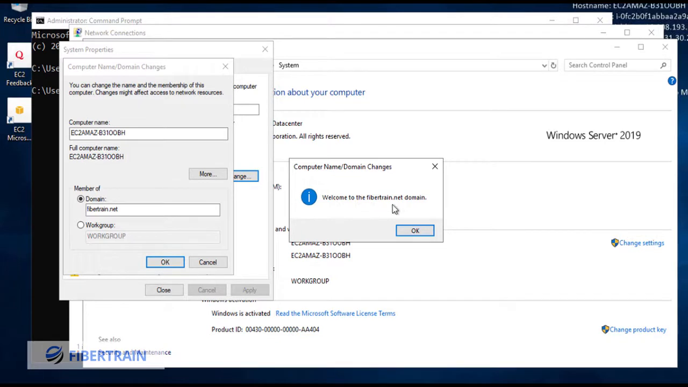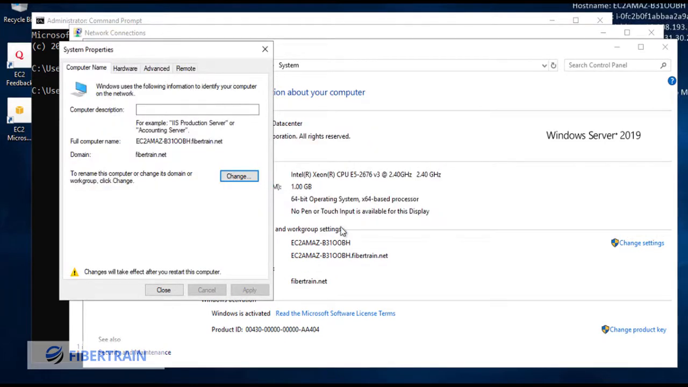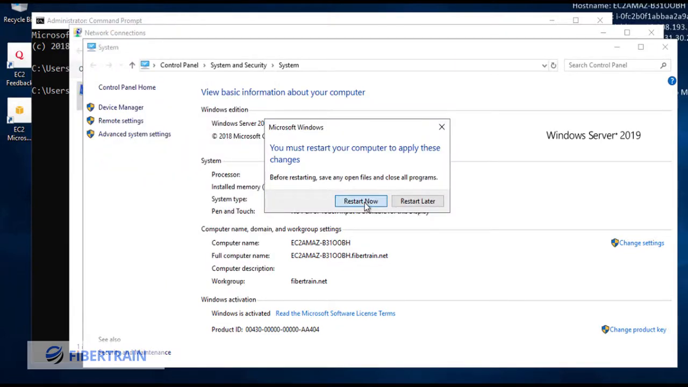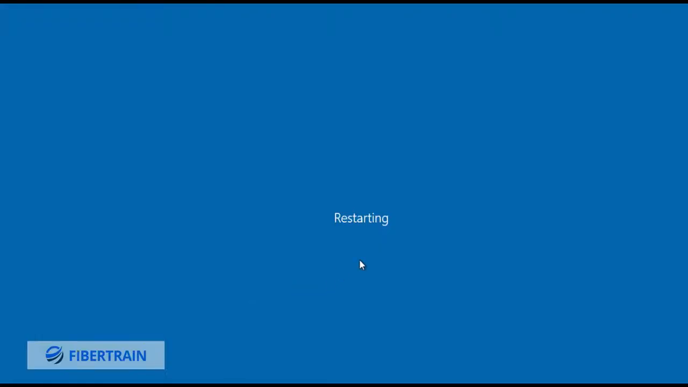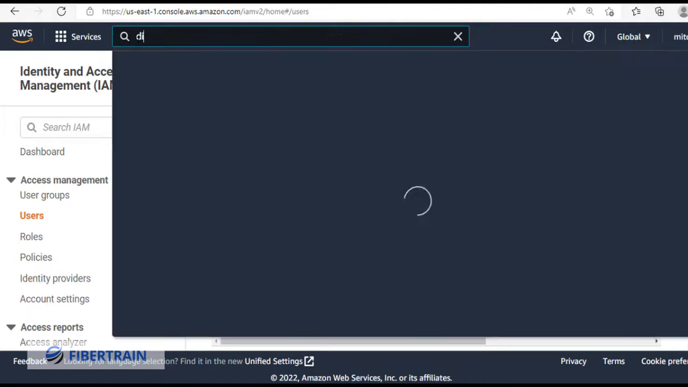Great. So welcome to the fibertrain.net domain. Click on OK, and then we'll close. We're going to restart the server, and you can see that it is now a member of the domain. It won't take long for the server to come up, but again, if we go to our directory service,